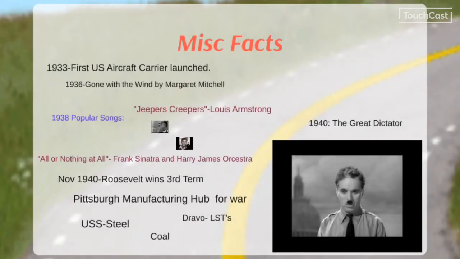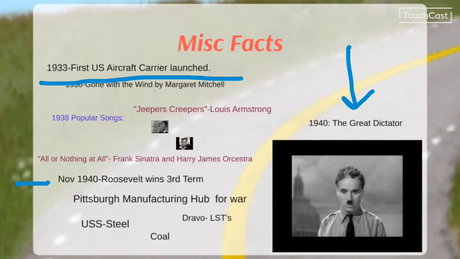Okay, on this slide we talked about a couple things. Number one, 1933, the first U.S. aircraft carrier was launched. That plays into things coming down the pike in 1941. 1940, Charlie Chaplin filmed The Great Dictator, a parody of a dictator in a small European country. Kind of made fun of Hitler. In November of 1940, we had Roosevelt winning his third term, which was unprecedented, and Pittsburgh's importance with the war industry,